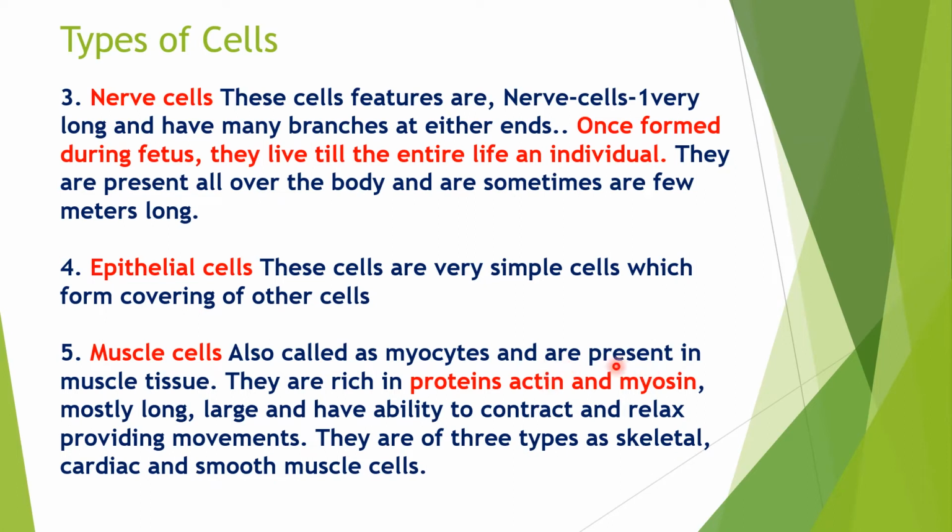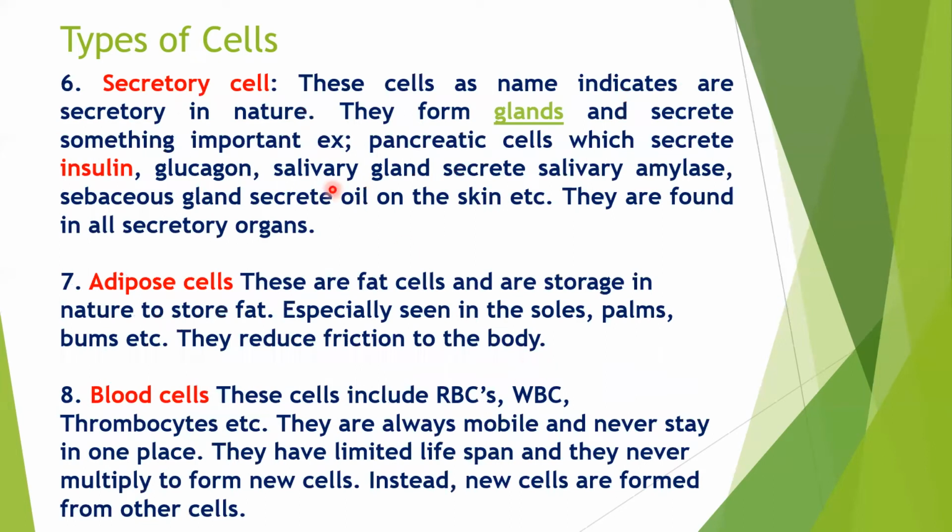But for this actin and myosin to be formed in our body, we need the right amount of proteins. Then comes your secretory cell. Oh, amazing. Our digestive system is made up of lots of secretory cells. For example, we know that digestive juices are stored in bile, created in the liver. Pancreatic cells, one of the most talked about because they create insulin, which helps us to manage our glucose levels.